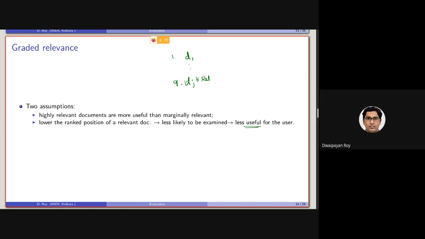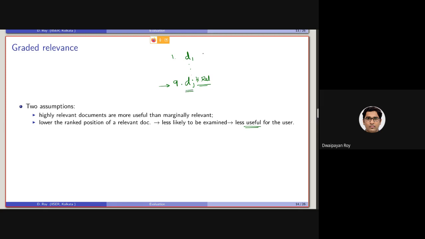As the retrieval model is retrieving a highly relevant document at the 9th place, the evaluation of the retrieval model should be done in such a way that the retrieval model is penalized for retrieving a highly relevant document at a fairly low position.